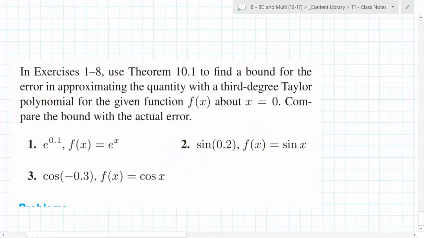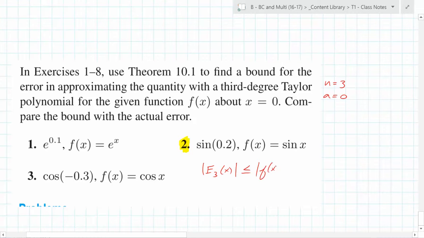About number 2, we're going to find the error for a certain degree Taylor polynomial. What's the degree? Third degree. So that tells us what about which value in the formula? N equals 3, so literally write that. N equals 3. And what's A going to be? 0. So we're looking for E3 of x, and we know that that's going to be less than or equal